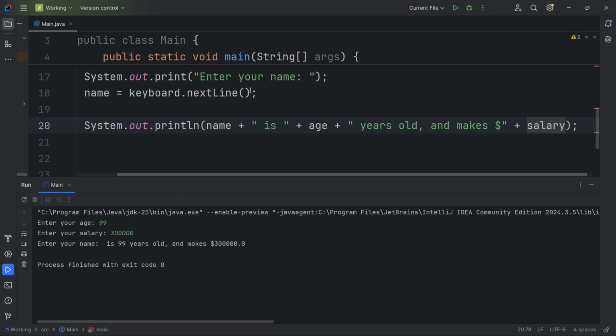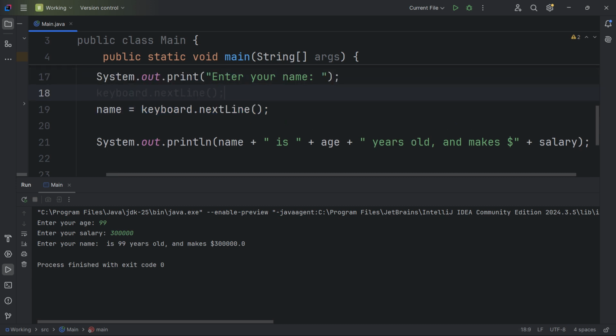And you see that the prompt for collecting the name has been skipped. So this is happening because nextLine does not have the ability to do something called clearing the keyboard buffer. And that happens when you enter input. So we need to manually clear that keyboard buffer so that we can use this nextLine statement. So to do that, just select the statement here, copy it, and just before that statement, paste. So that statement right here is going to clear the keyboard buffer, and it'll allow the nextLine statement to